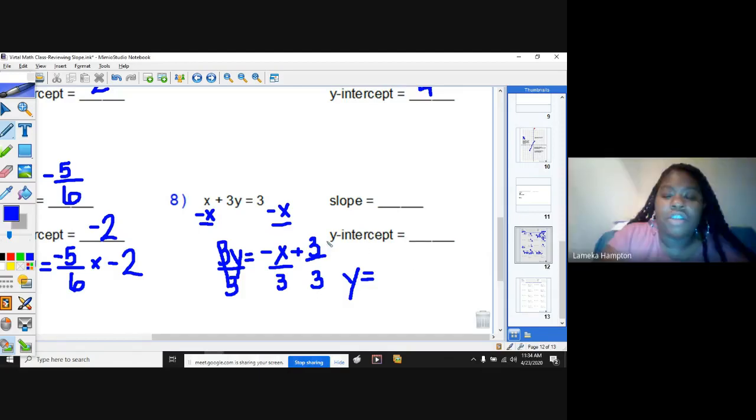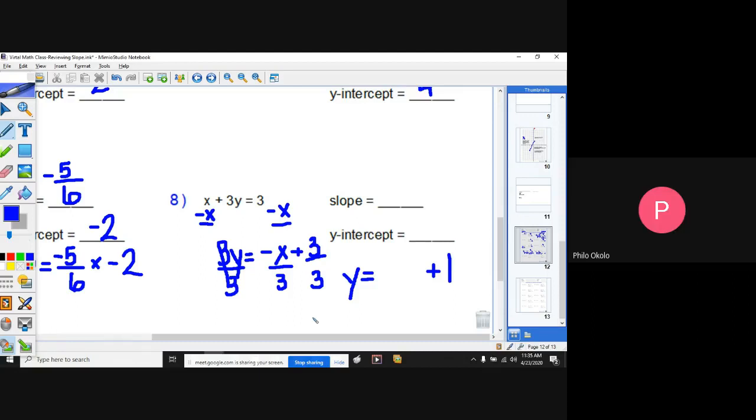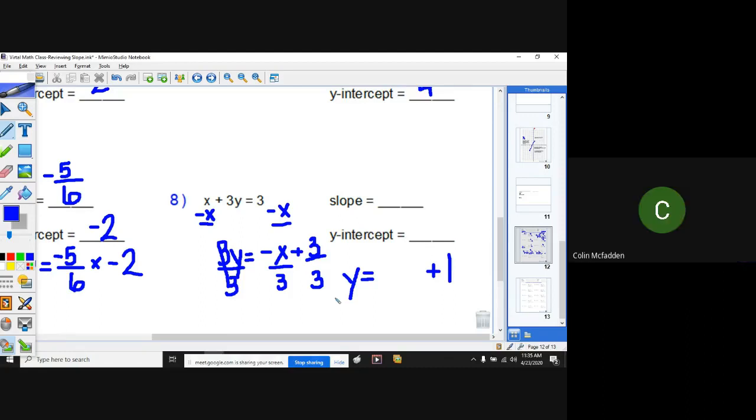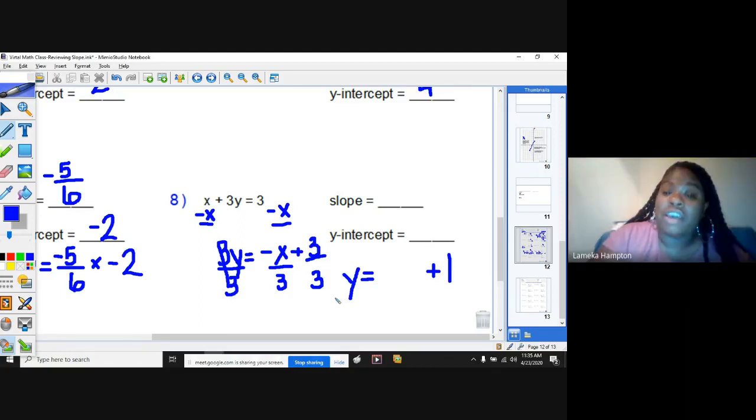So for this part, Mr. McFadden, the Y-intercept, you are absolutely correct. So my Y-intercept is going to be 1. So you were absolutely correct with that. However, I still need my slope. So what is my slope? So my slope is just 1? -1. Okay. So my slope is -1